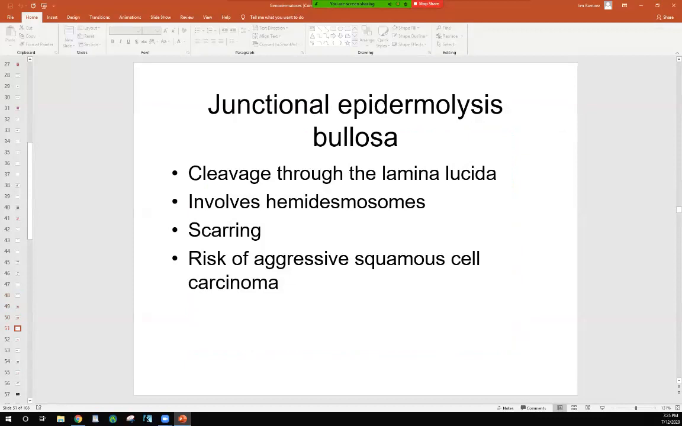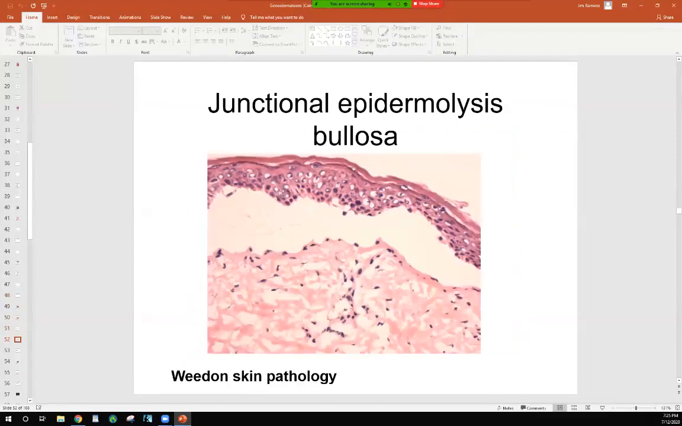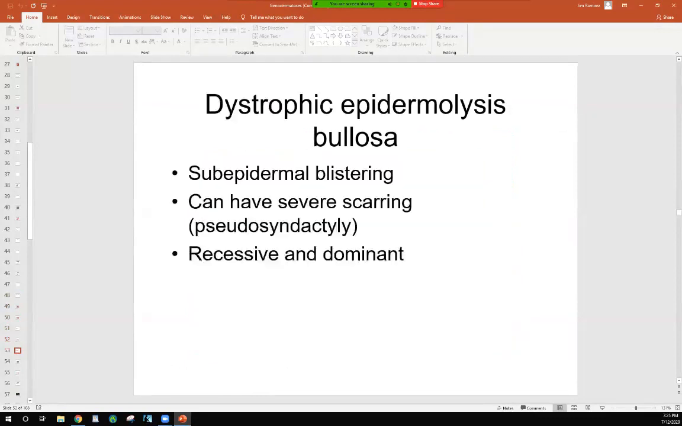In some cases, you can get scarring, and you have risk of squamous cell carcinoma. And then here you see more of this clean split without anything involving the epidermis. So this is junctional. And dystrophic, you'll also have subepidermal, but you usually have much more severe involvement, scarring. This is the one that has that characteristic pseudosyndactyly, which we'll look at in a second, and you can have